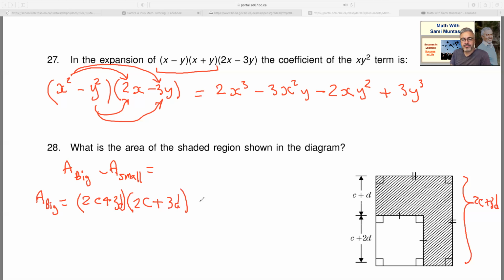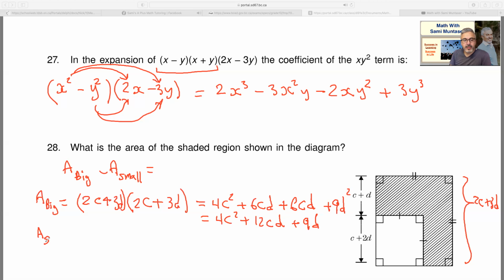And that will give you 4c squared plus 6cd plus 6cd again, plus 9d squared. Collect like terms. So this is 4c squared plus 12cd plus 9d squared. Now, how about the area of the small